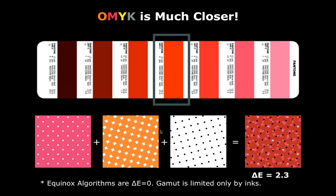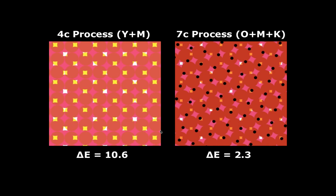We can convert the entire Pantone book with a relatively nice PC in about 5 seconds to the tint builds of your press. Now, that won't bring an out-of-gamut color in gamut, right? We don't want to promise that all the Pantone colors will become in gamut, but now they will be far closer to being in gamut, and we have ways to share with your customer ahead of time